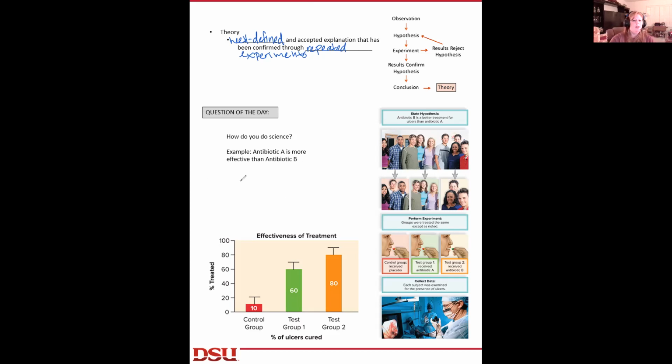All right, so let's hit this question of the day. How do you science? And again, this was the example where antibiotic A is more effective than antibiotic B. I'm not going to go over it again because one, we just talked about it, and two, if you'd like to review it,